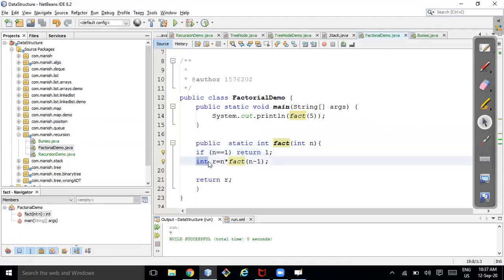Otherwise, you will be doing r is equal to n into fact of n minus 1. If you are writing this way, you are actually declaring this r variable n times, right? So you can avoid this by just doing like this.